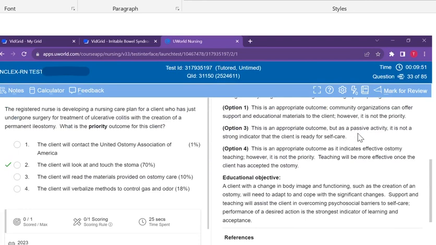This is an appropriate outcome, but has a passive activity. It is not a strong indicator that the client is ready for self-care. And then 4 is an appropriate outcome as it indicates effective ostomy teaching. However, it's not the priority. That was a tricky one because you want to pick something else. They're all appropriate, but what would be most important is that the patient can handle it themselves